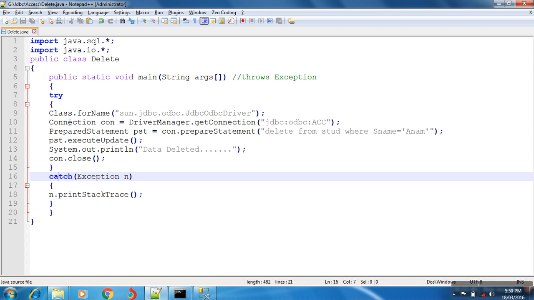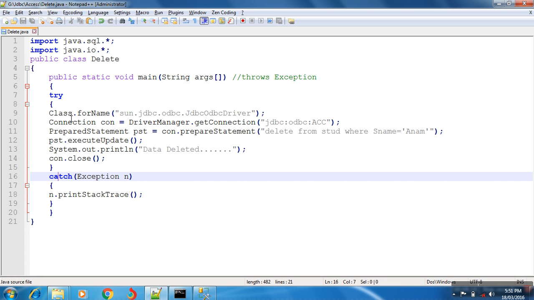Now if you want to connect a Java program with a database, you have to declare drivers. There are four types of drivers available: type 1, type 2, type 3, type 4.